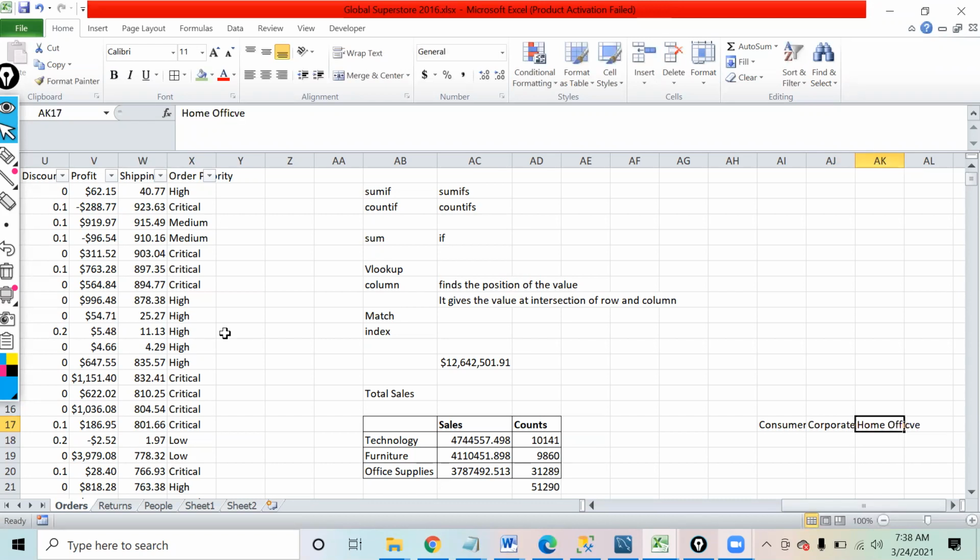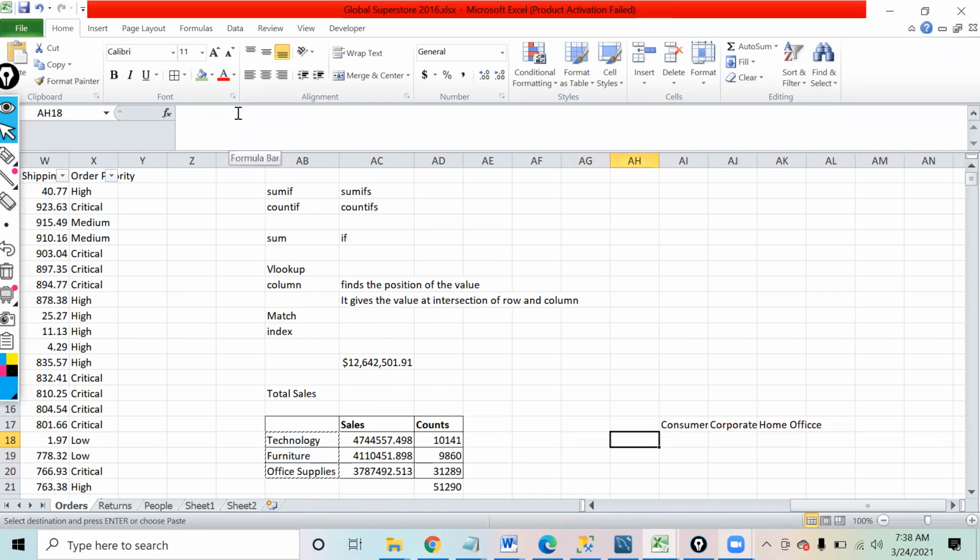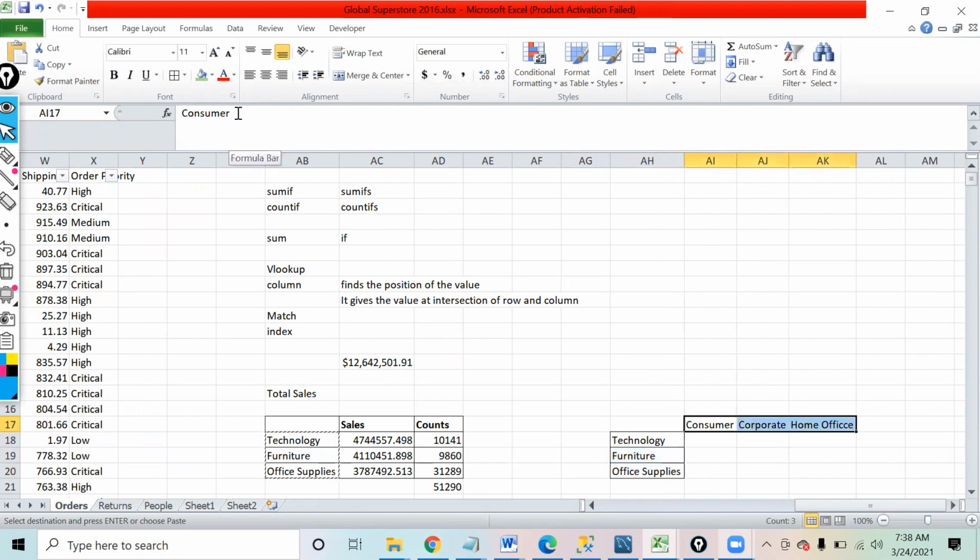This side I have the categories. This is what I have with me right now.